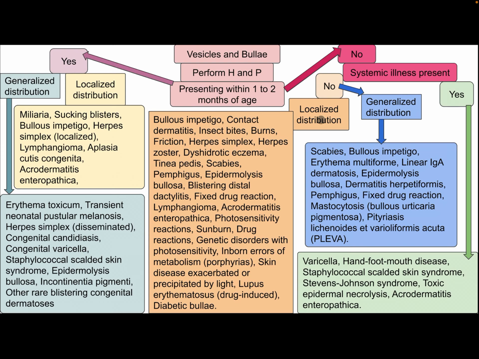If it is localized in distribution, the differential diagnosis includes bullous impetigo, contact dermatitis, insect bite, burns, friction, herpes simplex, herpes zoster,